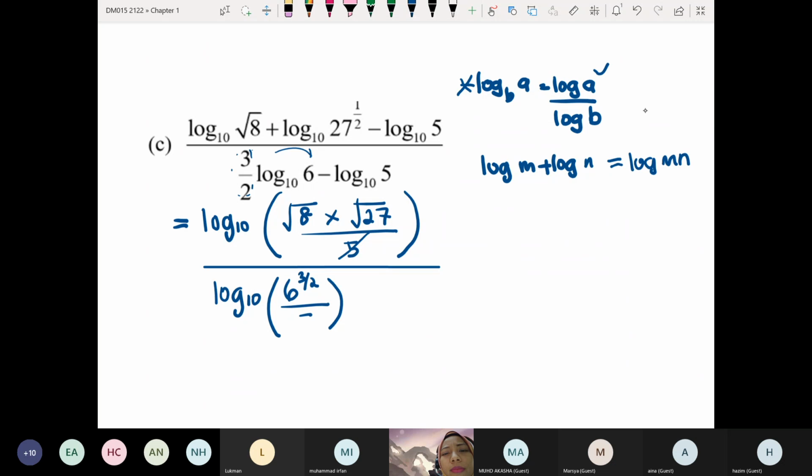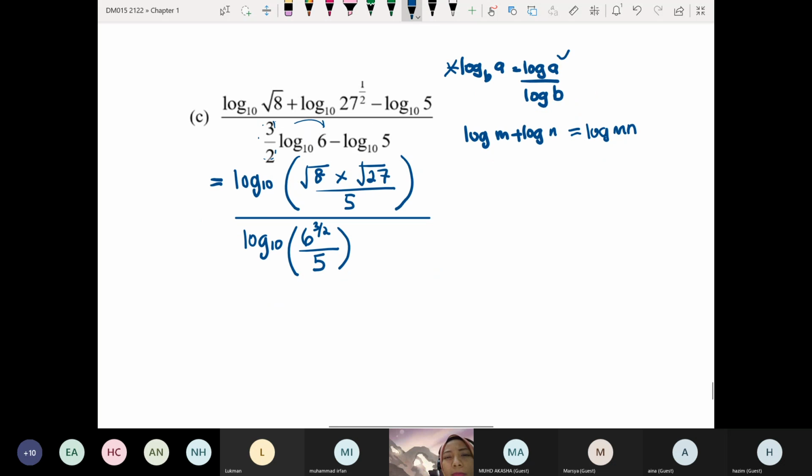Sekejap, dia tak cancel sekejap. No 5. No dia tak ada set dia 5 saja kan. Okay, dia 5 saja. Okay. Apa lagi kita boleh buat? Kita boleh buat